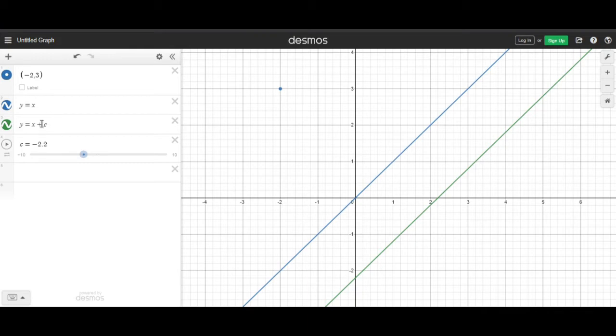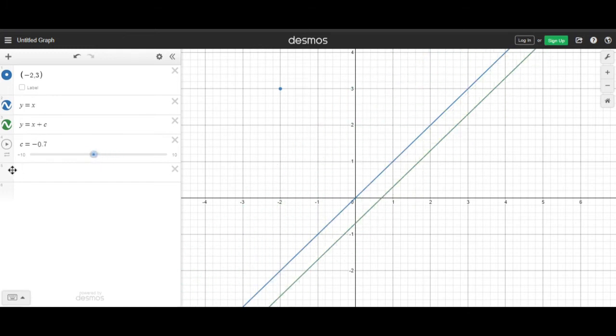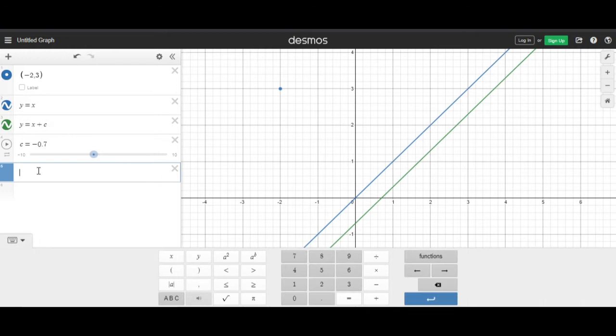Okay, so if we keep on changing the value of C, we'll get a line parallel to the blue one only. You can see it's parallel only. Now you want another line whose slope should be other than the blue one, meaning it should not be parallel to this. So what do you have to do? Basically, now you have to work with X, not with C.